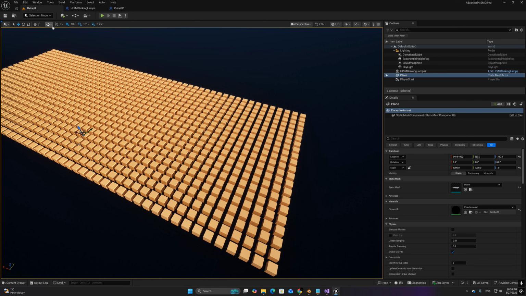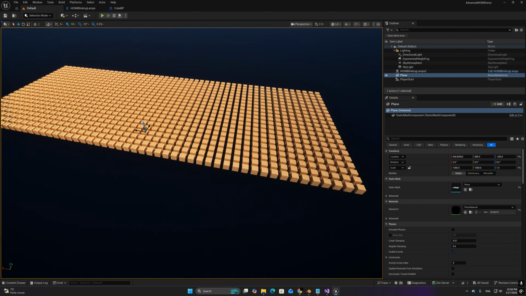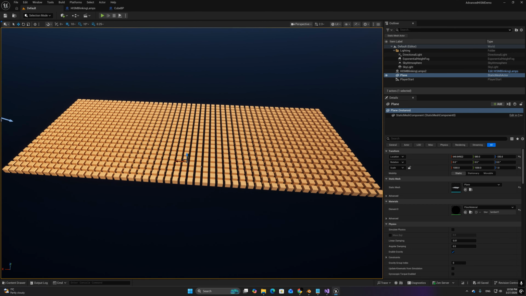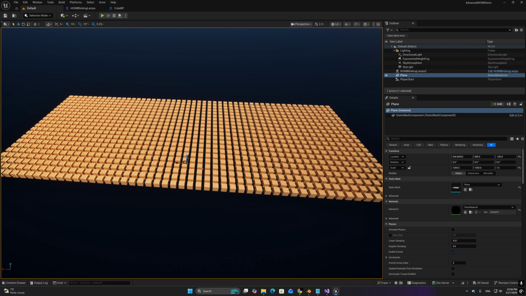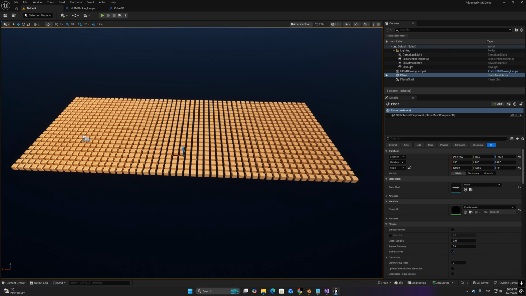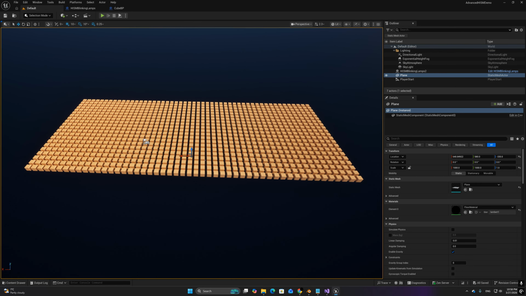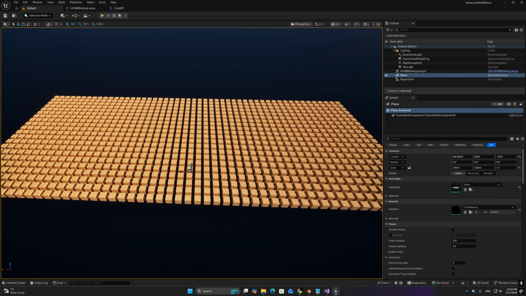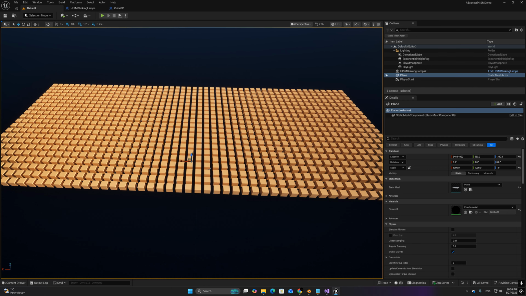But if you want to have the performance of HISM and the functionality of real static meshes or real blueprint components, you can use this function library, download it from fab.com and enjoy